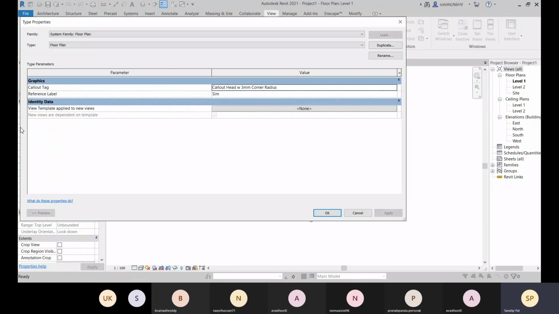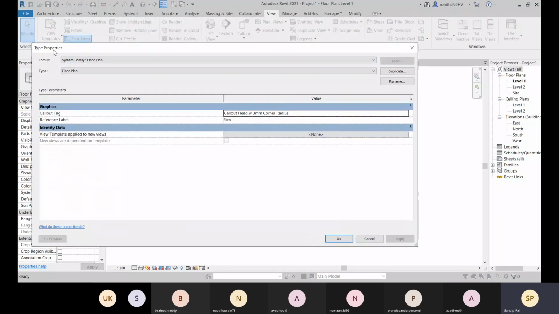If you go to this edit type, this is the type properties. For this, we are using a family, you see, this family is there. About families, we will discuss later the system family, loadable family, in-place family, these kinds of families.